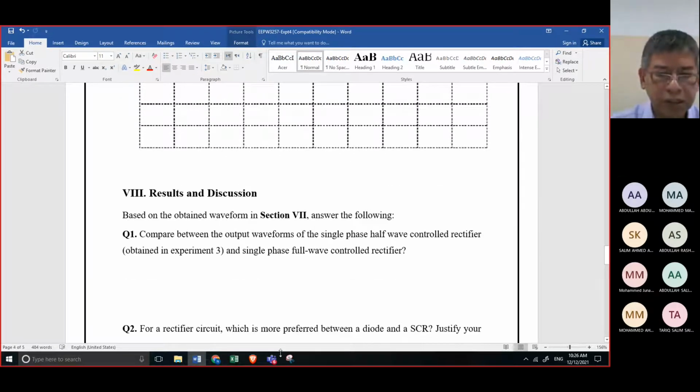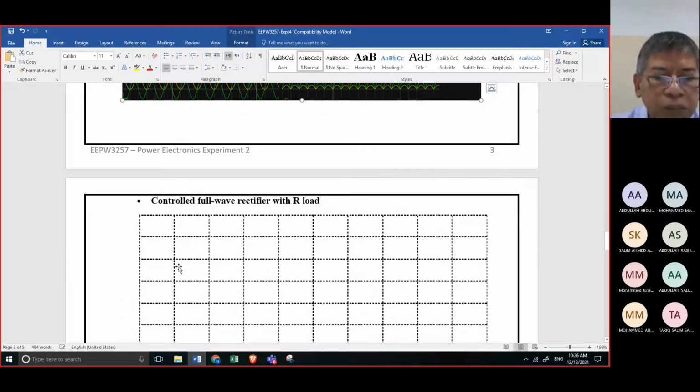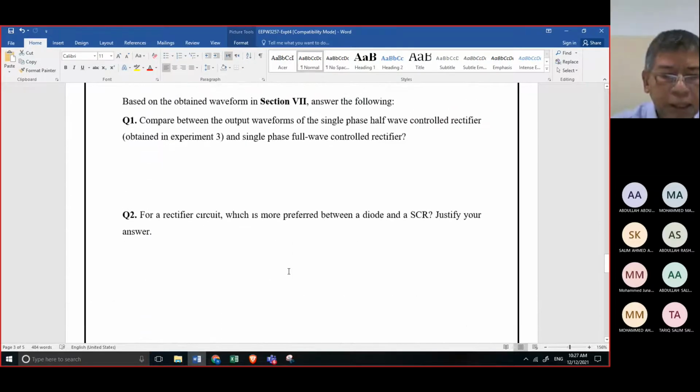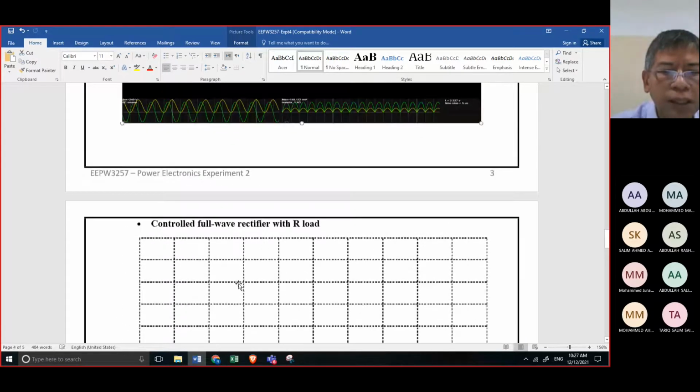Okay, so you just draw the input and the output waveform of this silicon controlled rectifier or SCR. So it is a controlled full wave rectifier. And then the practical application is very easy to answer.